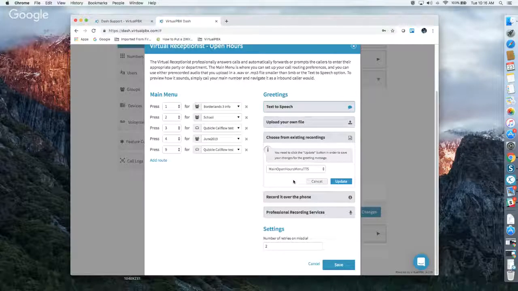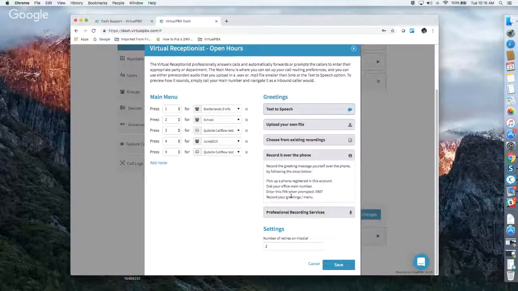Choose from something that you've already uploaded. Record over the phone is pretty self-explanatory. The system here is saying, hey, pick up a VoIP phone that you have on the account, dial your main number, and then enter this code, this PIN number,